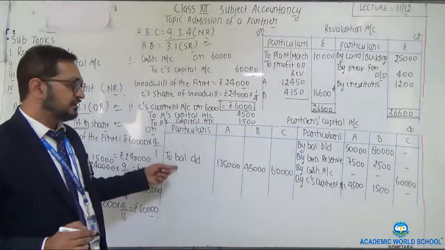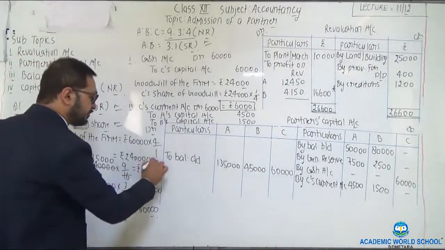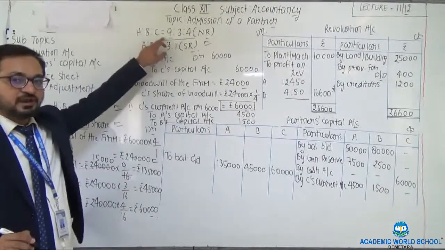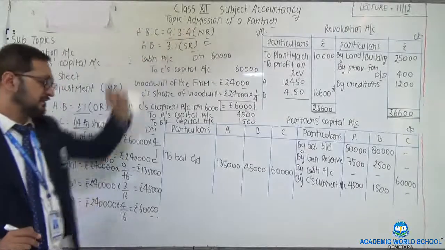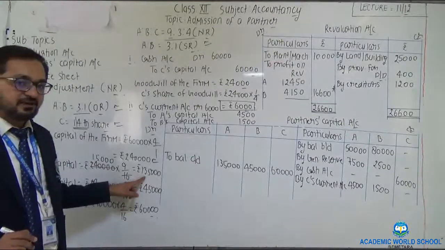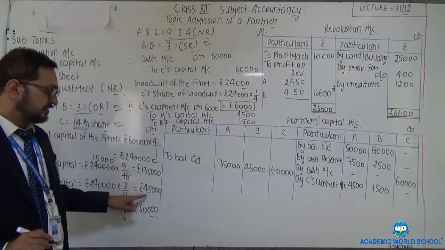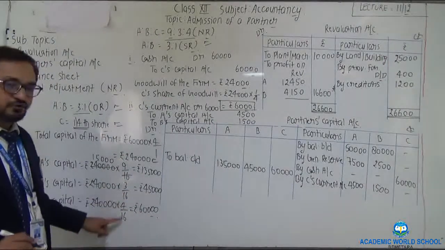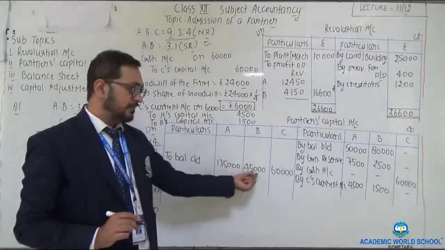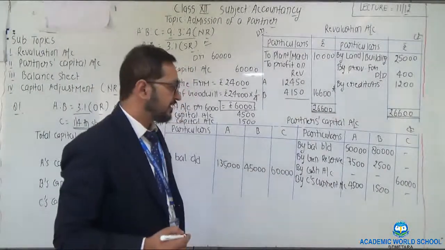Just after the admission of C, their total capital, which is based on the new partner's capital, works out at rupees 2,40,000. Now this 2,40,000 should be multiplied by their respective new ratios: 9/16, 3/16 and 4/16. So after multiplication, A's capital is 1,35,000. B's capital, 2,40,000 multiplied by 3/16, as his new ratio was 3/16, is 45,000. C's, 2,40,000 into 4/16, is 60,000. Now A's capital would be 1,35,000 in the new partnership, B's capital would be 45,000, and C's capital 60,000. Now make the total.